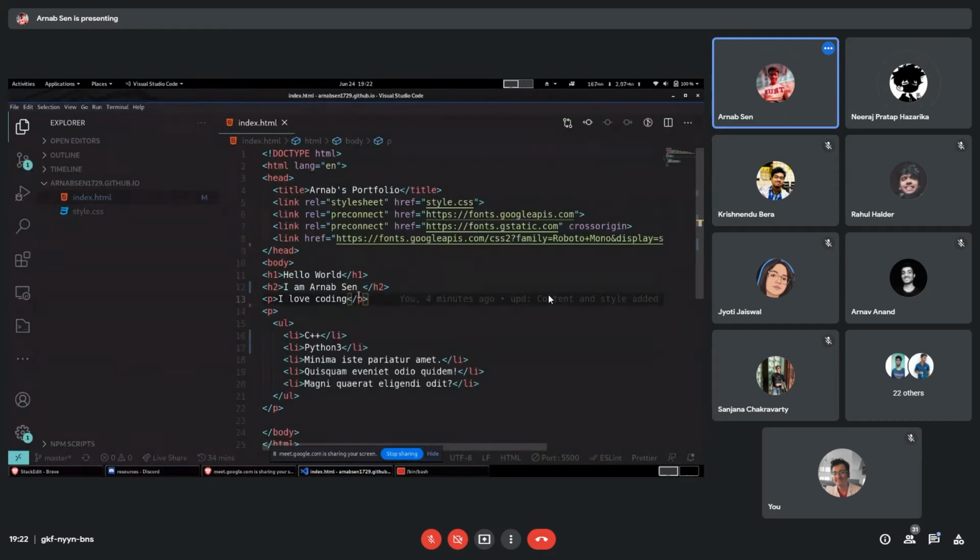Okay. Yeah, so I was just talking about something called HTML entities. It's not very much taught in crash courses and other stuff. So you can actually use Unicode characters in your HTML, which can be used to add stuff like emojis and stuff.